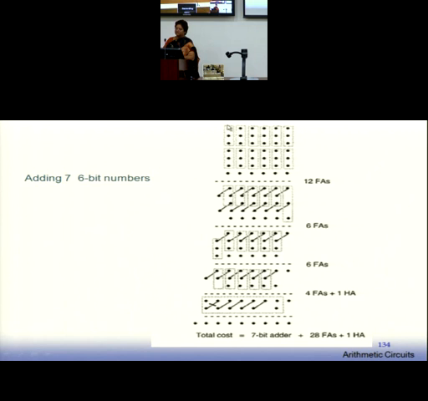How many numbers have I taken? 1, 2, 3, 4, 5, 6, 7. 7 numbers. Each number is 6 bit. So 7 binary numbers are taken, each a 6-bit number. And then I need to add them together, and I need to add them fast. At the same time I need to add them with minimum resources, so a minimum number of adders, full adders, half adders, whatever you are choosing. Minimum number of resources or hardware count.